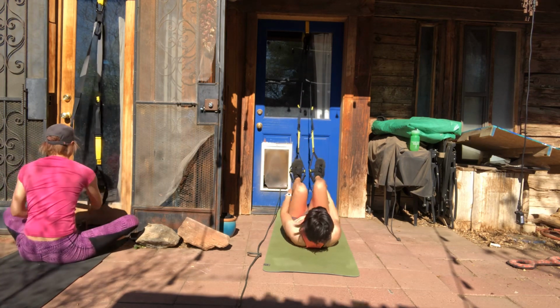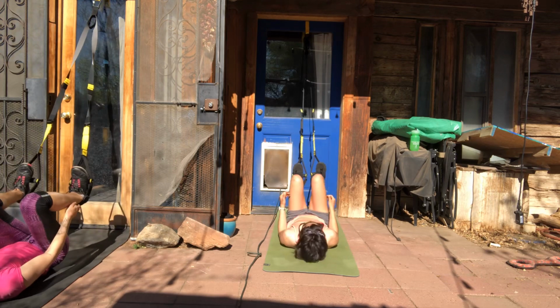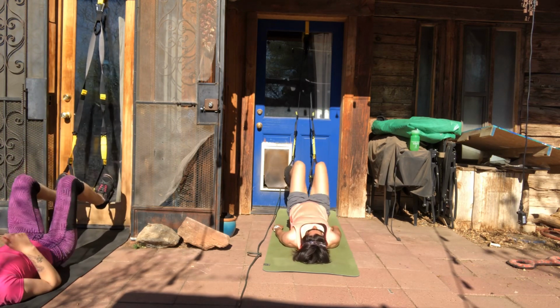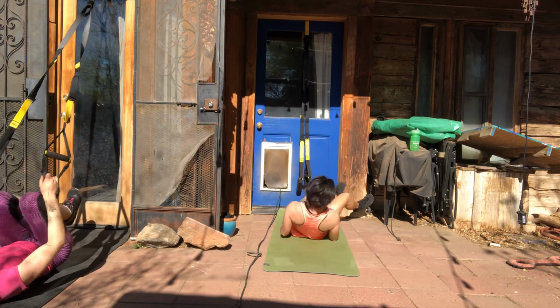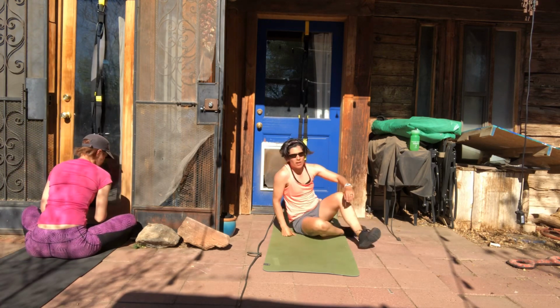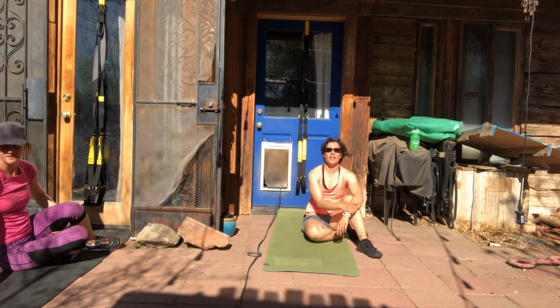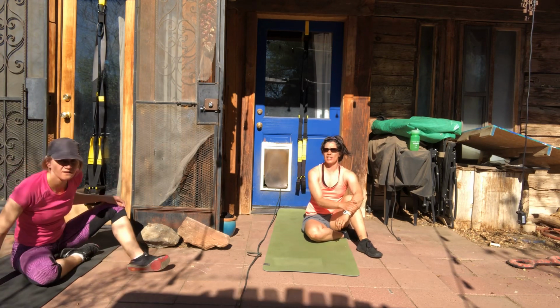Heels in. And up and down. Nice. Heels are going to come out. For our next one is going to be single leg squats,